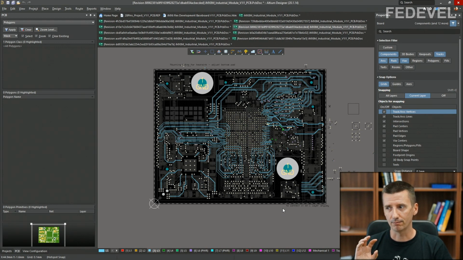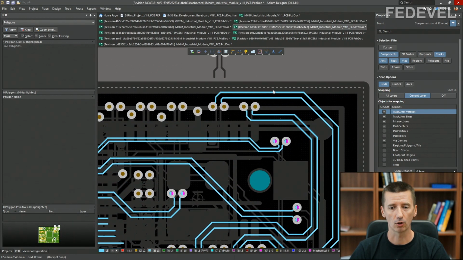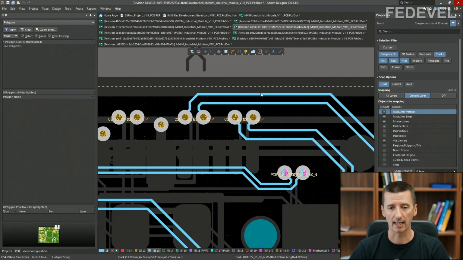There are different techniques for how this is done, but during this process, when they are removing your board from the panel, they can damage the tracks which are routed very close to the edge. Not always, but sometimes it may happen.